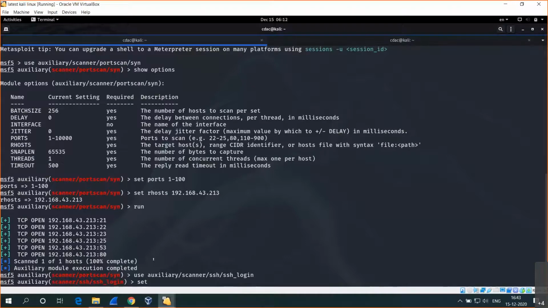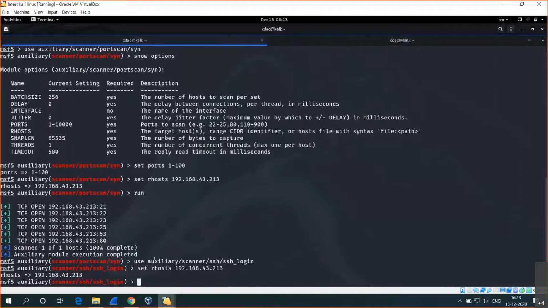Now we need to set the remote host IP address, which is 192.168.168.43.213, and we need to set a few more parameters.